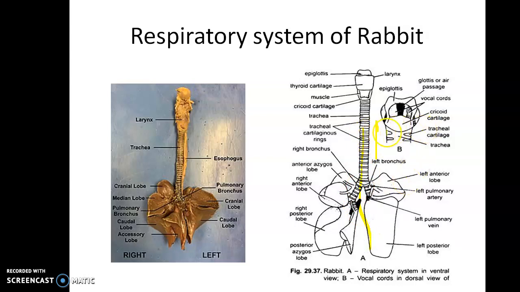And the ribs arise from this and will cover this region, so it will cause protection for the, like this. It will protect the lungs in the front. So that is how the arrangement is. So the lungs are situated in the thoracic cavity. It is covered by the ribs,